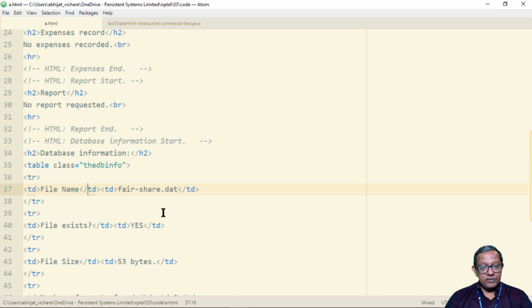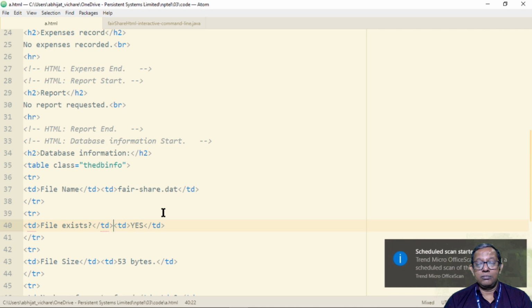Once that first column is finished using the /td tag, the next column begins. The next column of table data begins. That has this piece of information, and the column ends with a /td. But there are only two columns, so therefore the first row is now over, and you go to the second row, next row. The next row has one column with this information